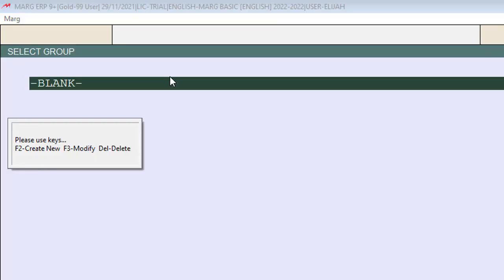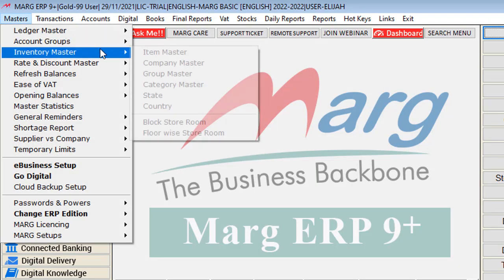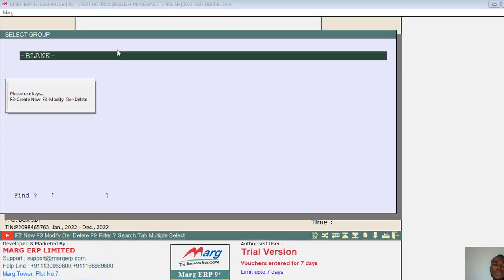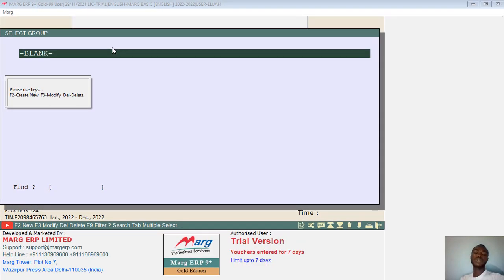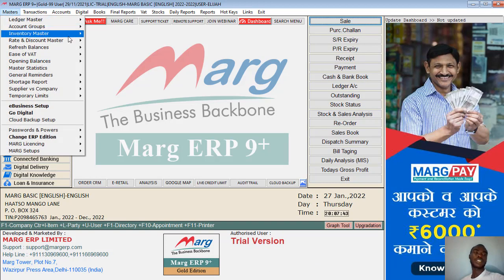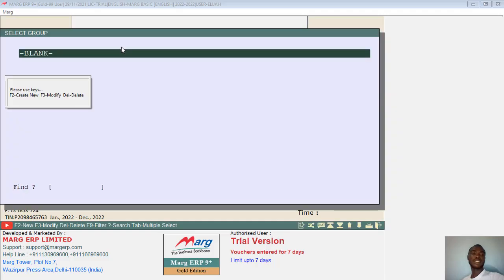I take that again. You can press escape to go back. Master, inventory master, group master. Okay, if you want to go back, you use escape key. Okay, fine. So inventory master, group master. Then you see we have some hints. There's a